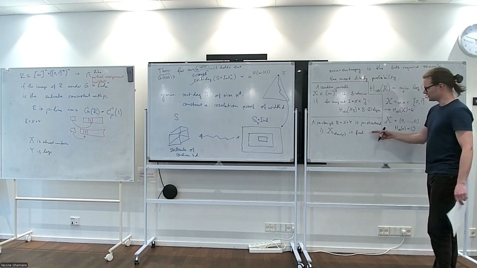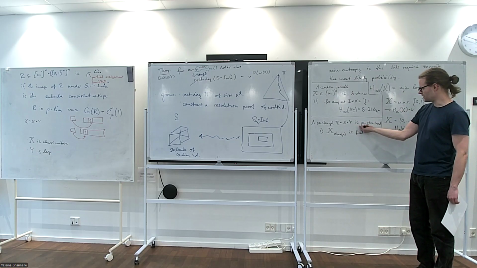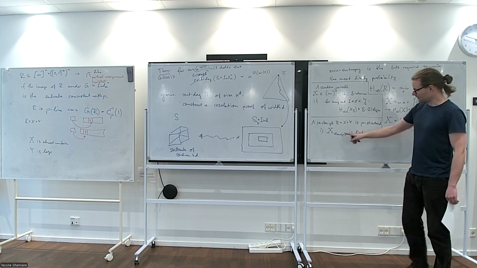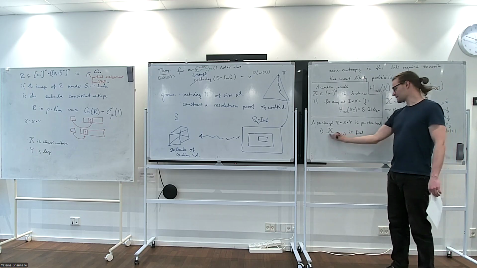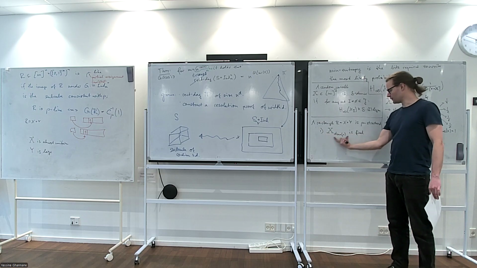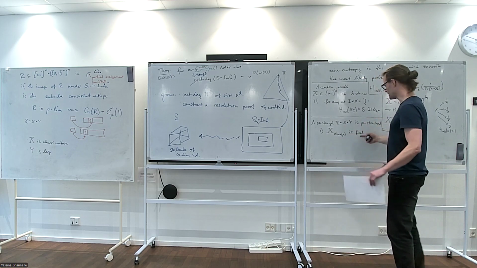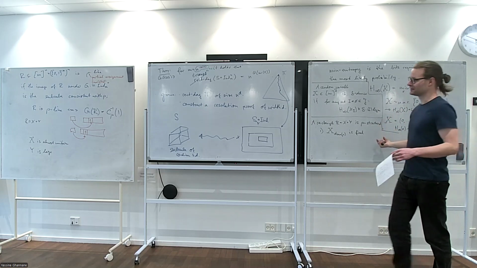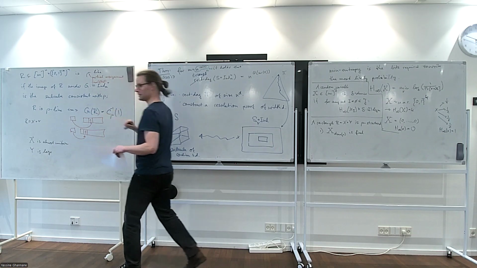What am I saying here? If we look at the random variable x and the variables that are assigned by rho, think of rho as a partial assignment, and I look at the marginal on the domain of rho, so everything that rho actually assigns, then this is just constant. All the x's agree on the domain of rho. And furthermore, I even want that the y string is well behaved with respect to the fixing of x,